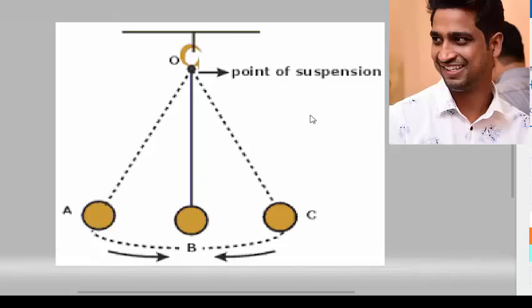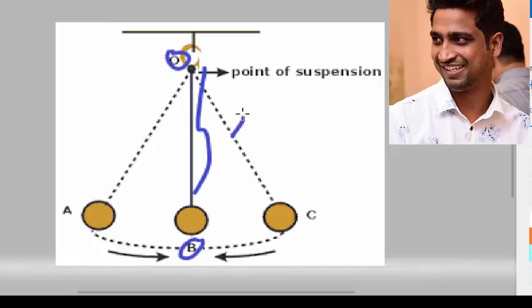Hello students, today we will see some terms related to simple pendulum, working of simple pendulum and factors affecting time period of simple pendulum. So the first one is length of the pendulum. Length of the pendulum is equal to the length from O, O is the term which you are seeing in front of your screen, till B, or it can also be said as the length of the wire which is used to hang the bulb or the ball.